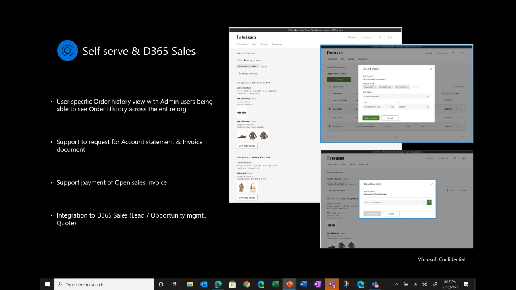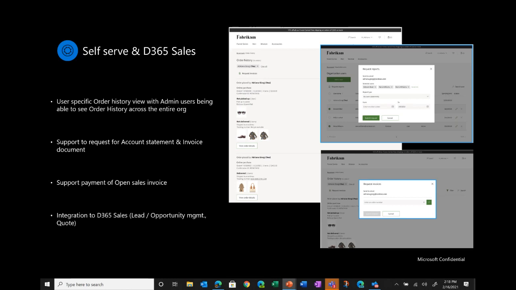Even before the product is generally available, just to call it out, we have an early adopter or preview program. If there are customers who want to implement the solution, they can sign up for the preview program, and I'll be sharing the details of how to sign up at the end of my talk. Customers and partners can sign up and start implementing this, and hopefully go live even before April, if that's what the need is, but generally the product will become available in the April 2021 timeline.